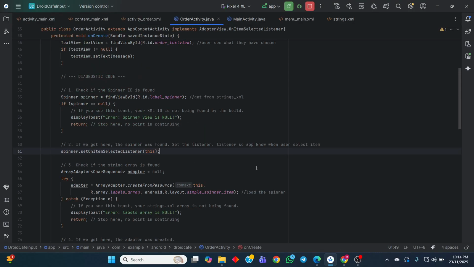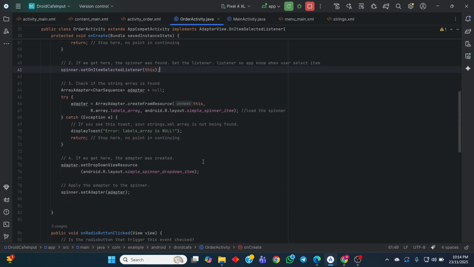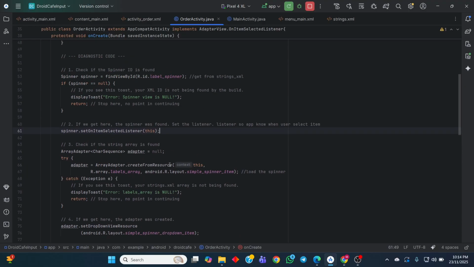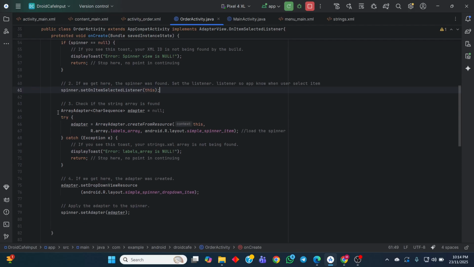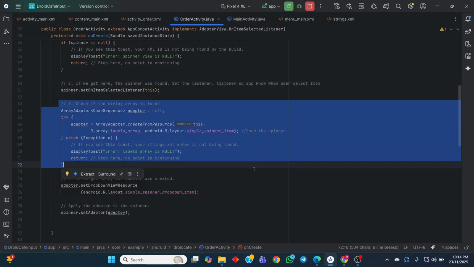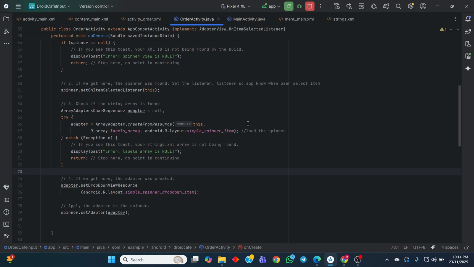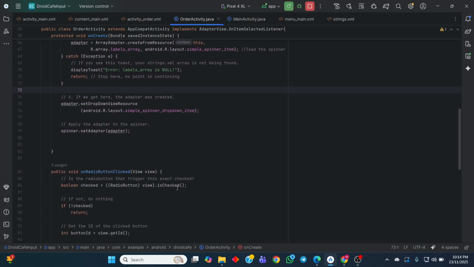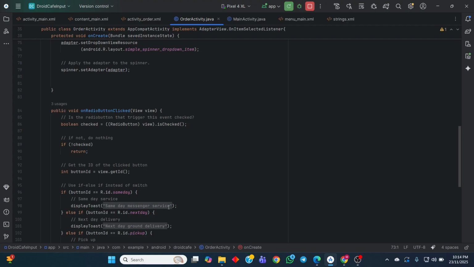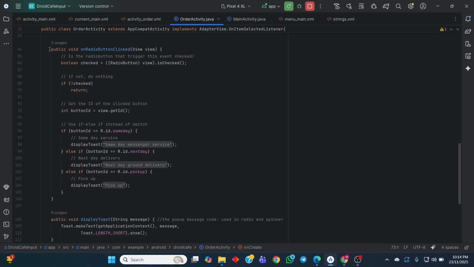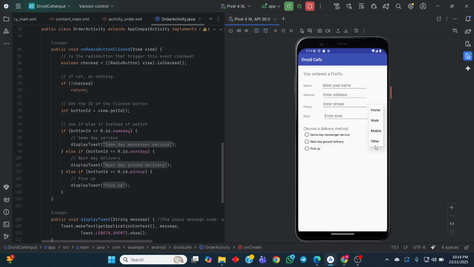All of those items will be displayed in there. This is where we load the spinner based on the items from the string.xml.